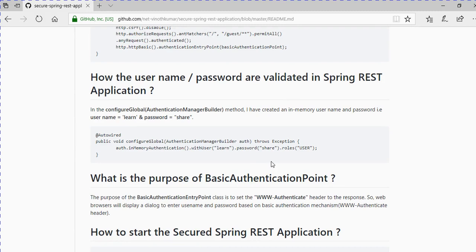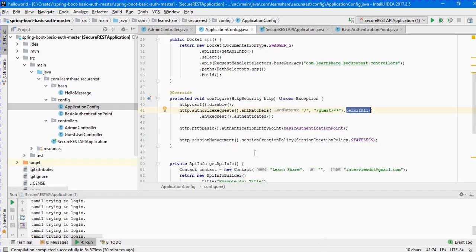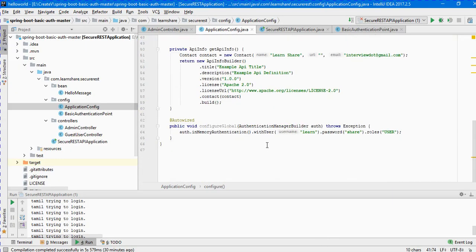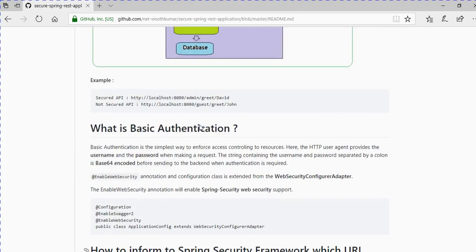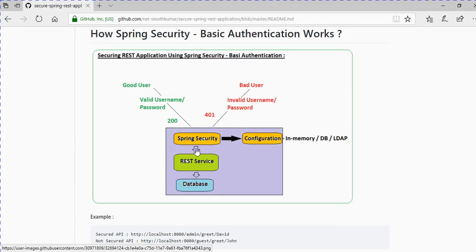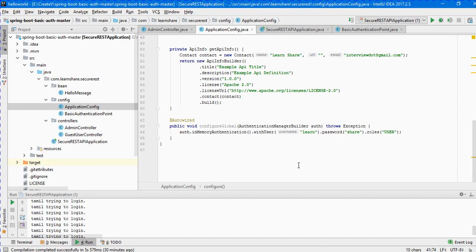I've already told you that I don't have a real database to validate. So let me show you the code. Whenever you make a call to the REST application, Spring Security is going to check the username and password against an in-memory database. So that means when I say in-memory database,